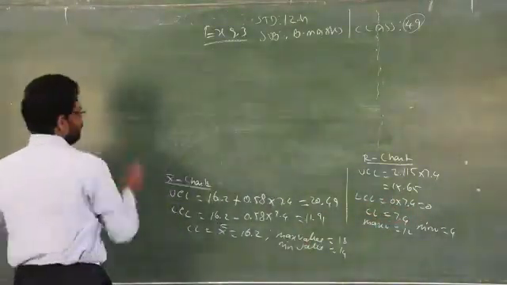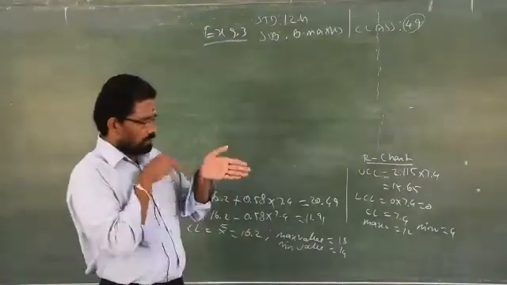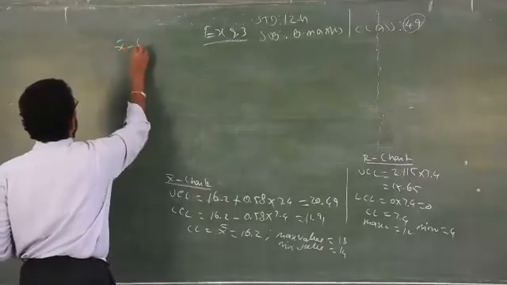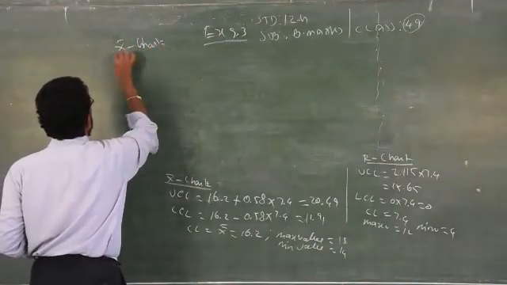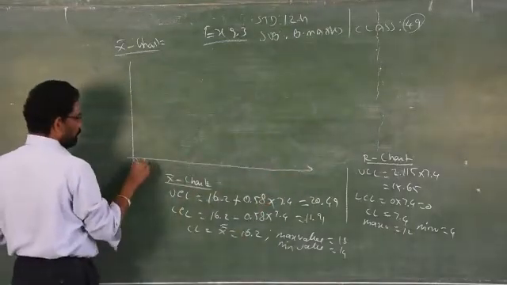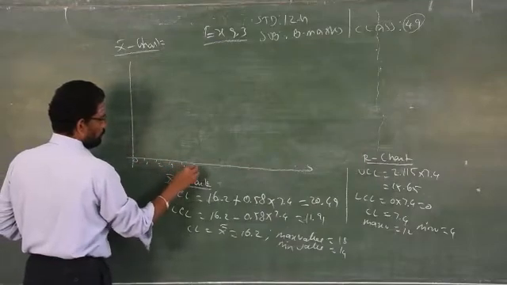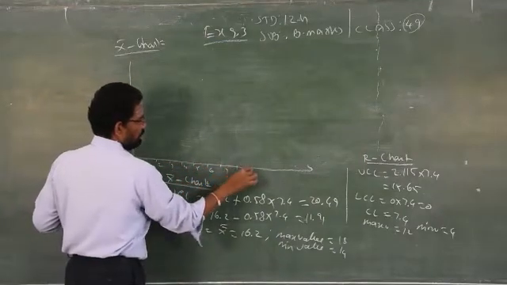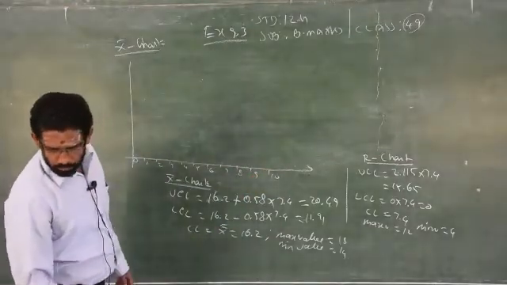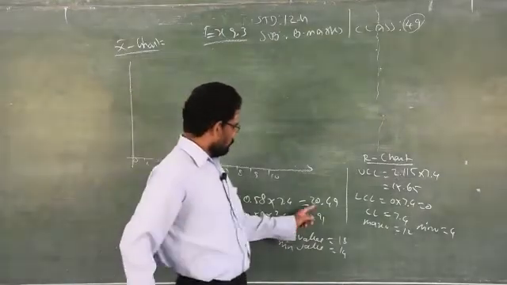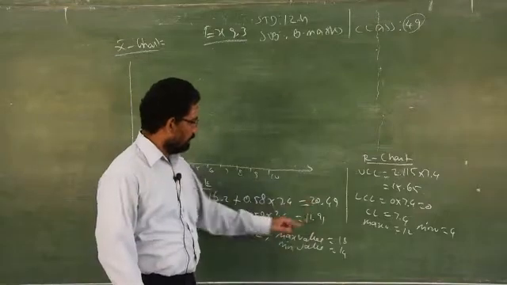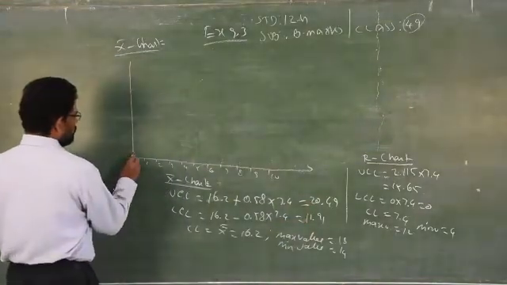You can keep your textbook horizontally. Take the samples on the axis and draw the X bar chart now. Number of samples 0, 1, 2, 3, 4, 5, 6, 7, 8, 9. Please take 1 centimeter for 1 sample. Now you have to see the maximum value in UCL is 20 point, the minimum value is 11. See, maximum 20, minimum 11. So better you take a zigzag line.